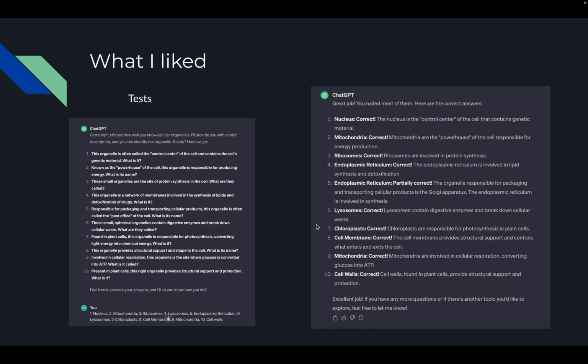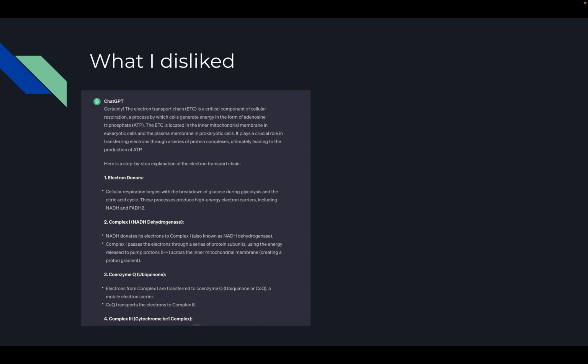So even if you do get one wrong, or here partially correct, it'll explain what the actual answer it was looking for was. So this is especially beneficial before any tests, because it helps quite a bit, because it's good at generating stuff similar to what you would see on a real test.